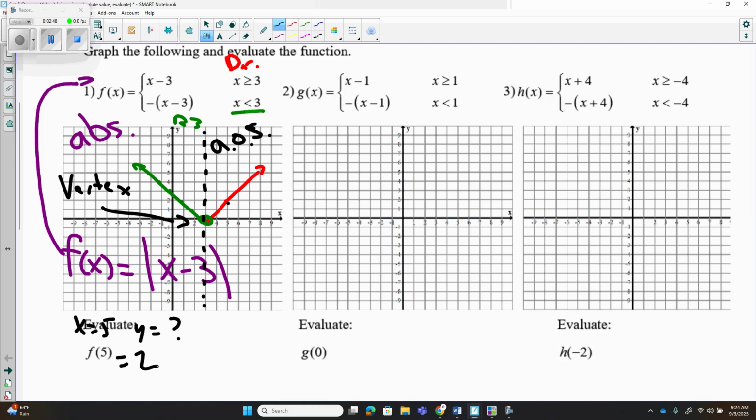Now remember, you can do both ways. So now we can also do it with domain restrictions. You take your 2 and you go up here and say, is 2 greater than 3? It doesn't work there, so you scratch that one off. And you say, all right, is 2 less than 3? Yes, it is, so it fits in that one. So I'm going to plug in 2 into that equation right there. That's going to give me